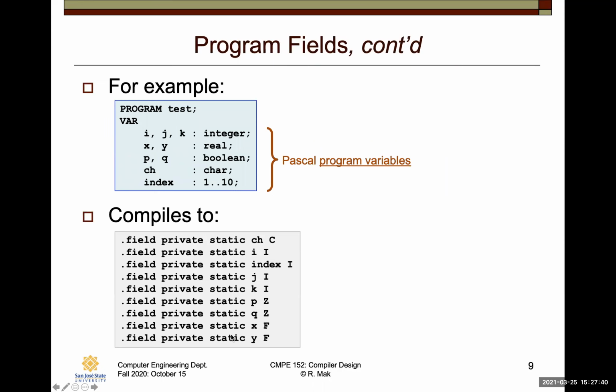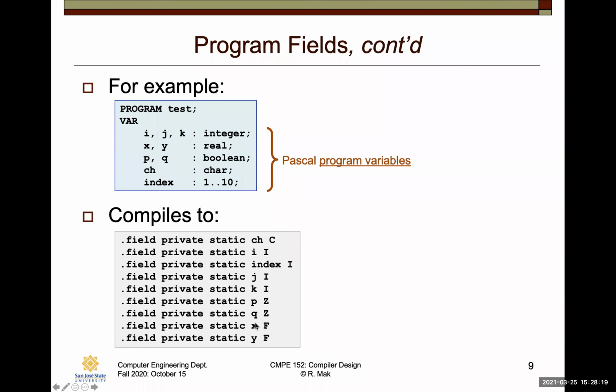I chose to make everything static because if we get into object-oriented code, then things get a lot more complicated. To keep this class relatively doable, we're making everything static. So we're not taking advantage of the object-oriented features of the Java virtual machine. We compile all the program variables into static